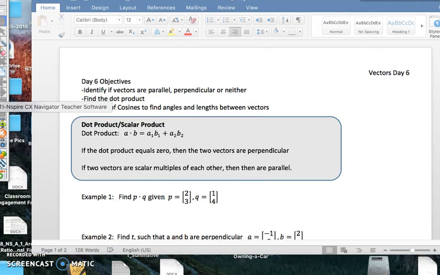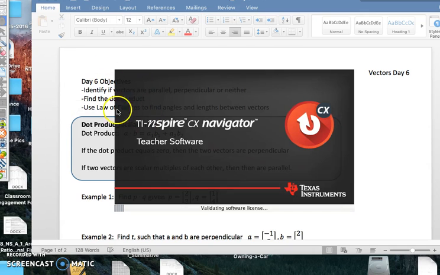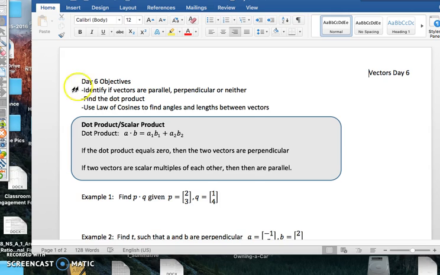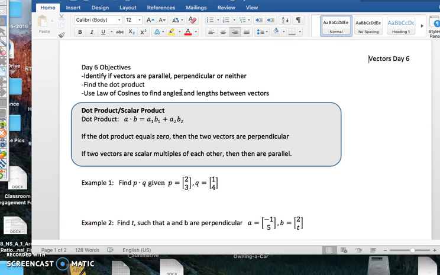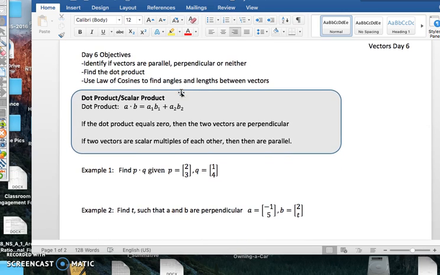Today we're going to take a look at day 6 and our day 6 objectives for today. The calculator's opening up there. We're going to identify whether vectors are parallel, perpendicular, or neither. We're going to find something called the dot product, and we're going to use law of cosines to find angles